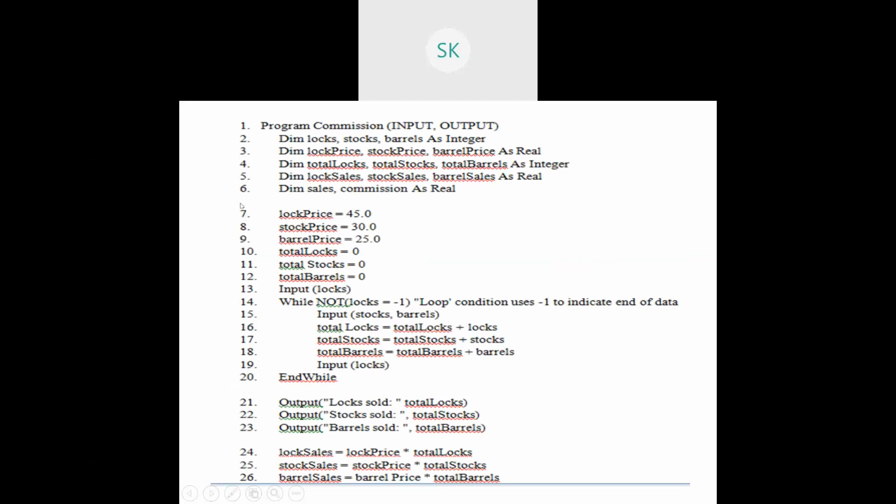Log price, seventh variable, seventh node, it will be having it with respect to this variable. So that's why the same thing will be the node. 8th node will be talking about the stock price. 9th node will be talking about the barrel price. So it is an assignment. Same thing, you can just apply it.